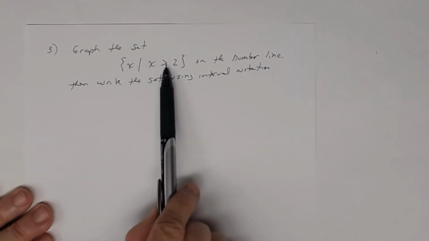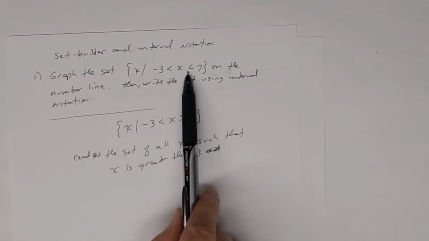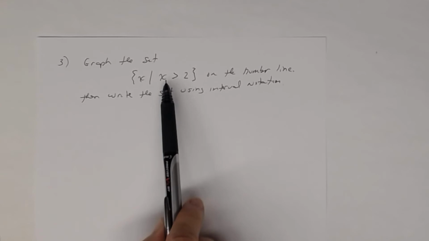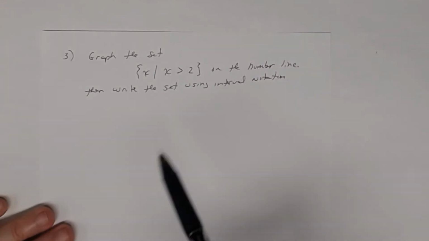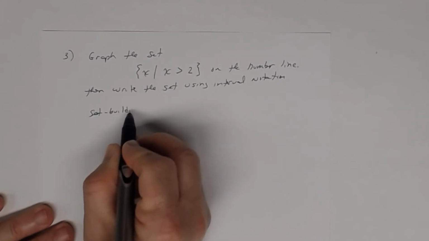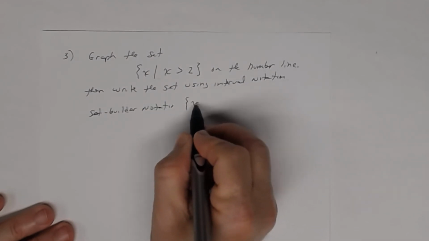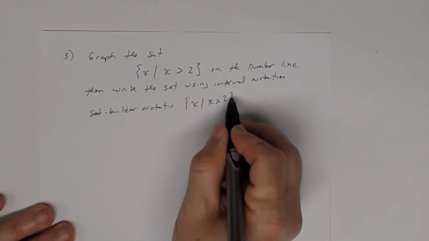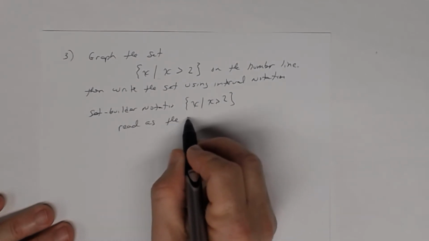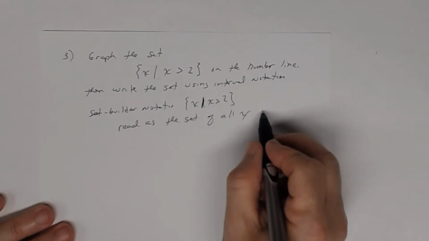Now, notice that this right here looks different than this one did. See how x was between two numbers here? Here you don't see that. You see strictly x is greater than 2. But remember how to read this. This is set builder notation, what you see right here. And you're going to read it as the set of all x, remember, this means such that